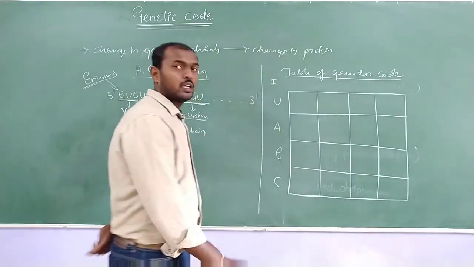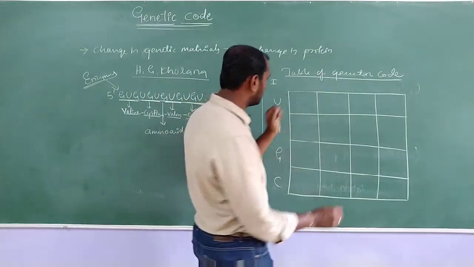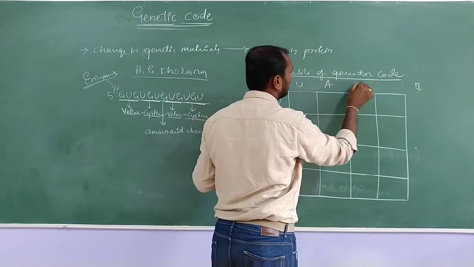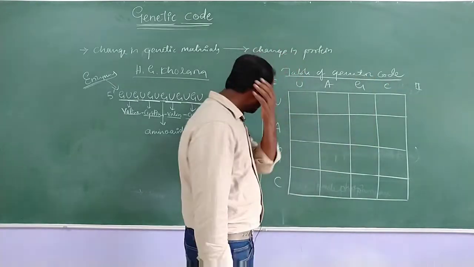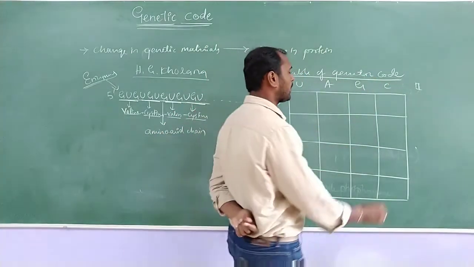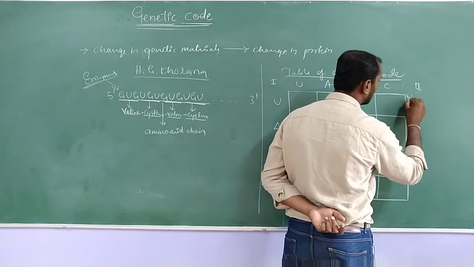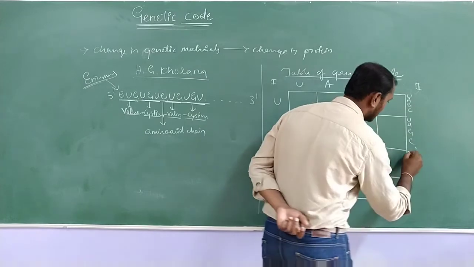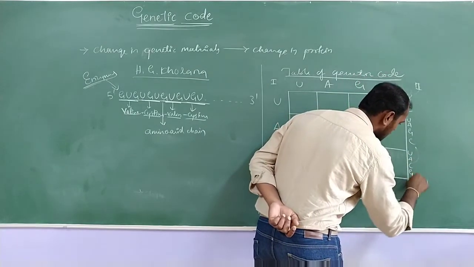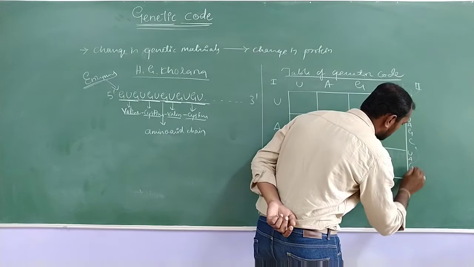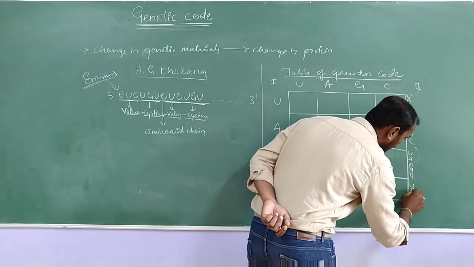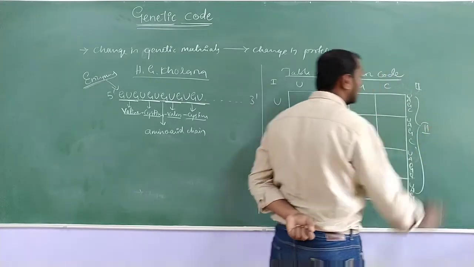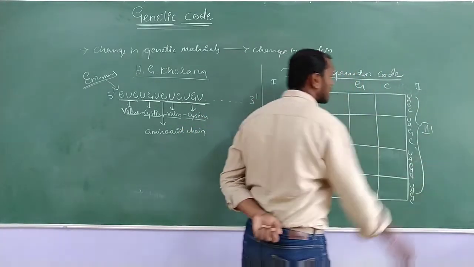UAGC. Okay, and he took the second letter this side, that is second letter again UAGC, and he took the third letter in every part, that is UAGC. So this one is what? The third letter of genetic code.